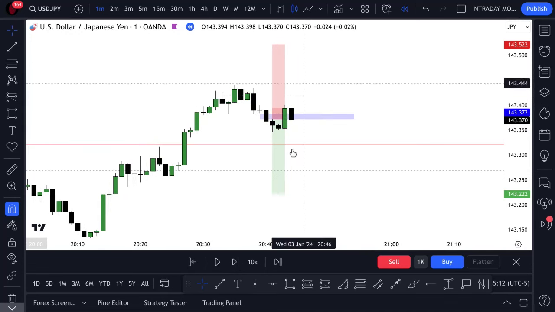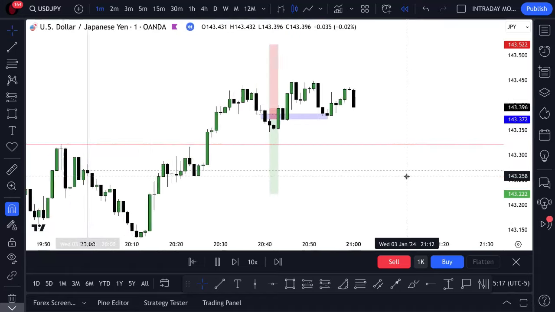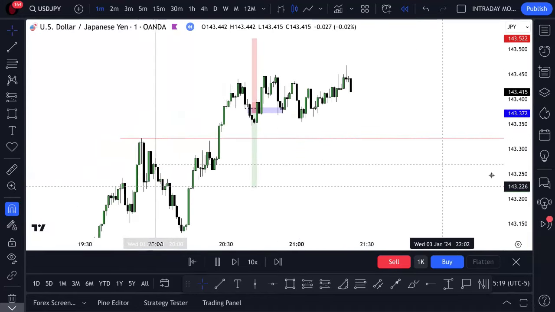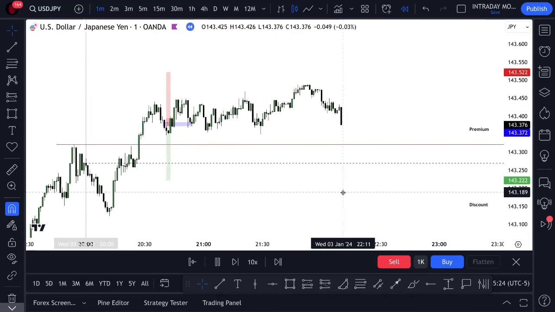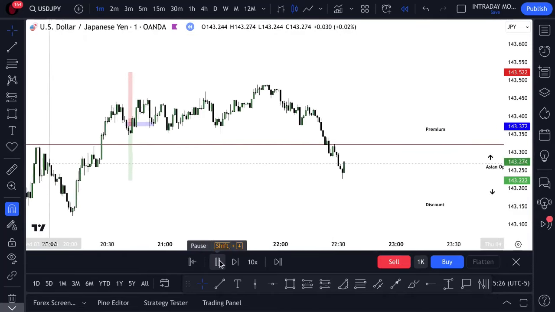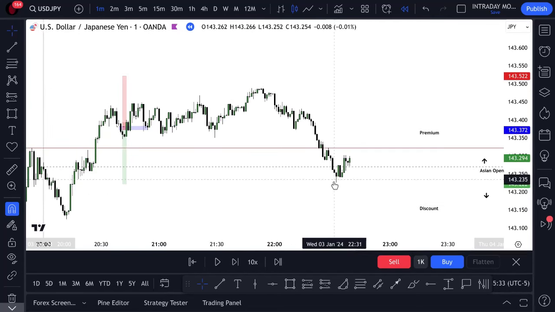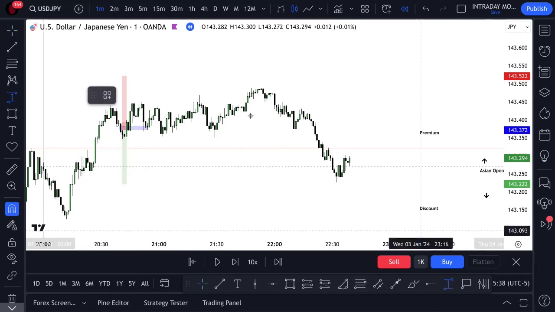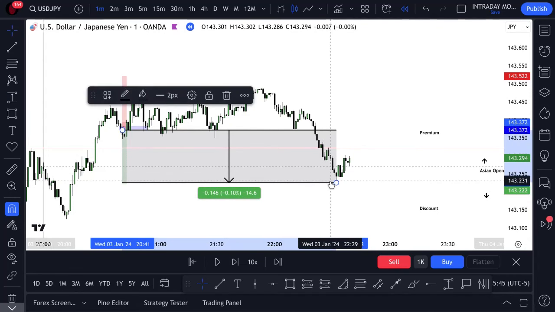So price trades into that fair value gap. And we can see we play it out. We're in some drawdown. But with experience, of course, you will stick to your trade. Sometimes intuition will tell you to probably get out of your trade, but most times you would believe in your model and not abandon ship unless something tells you otherwise. Price comes down and gets us just 15 pips. So if you measure this from the entry down to here, we got 14.6 pips